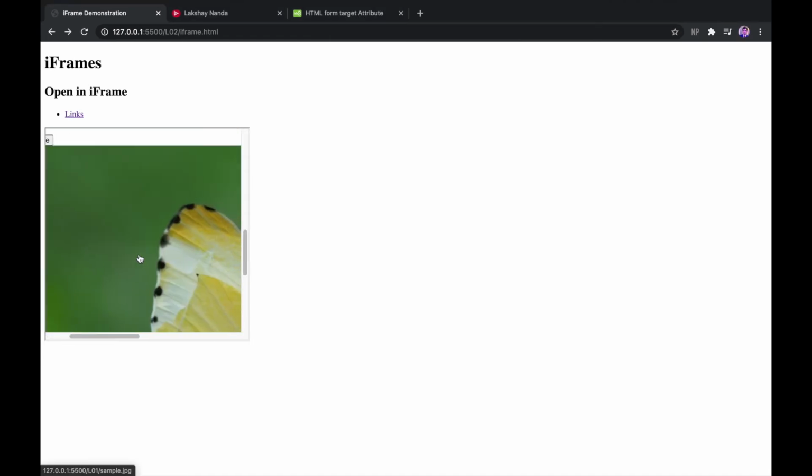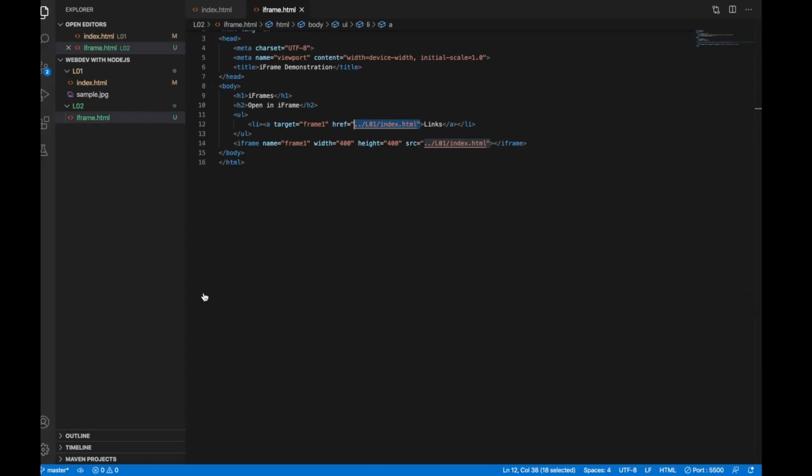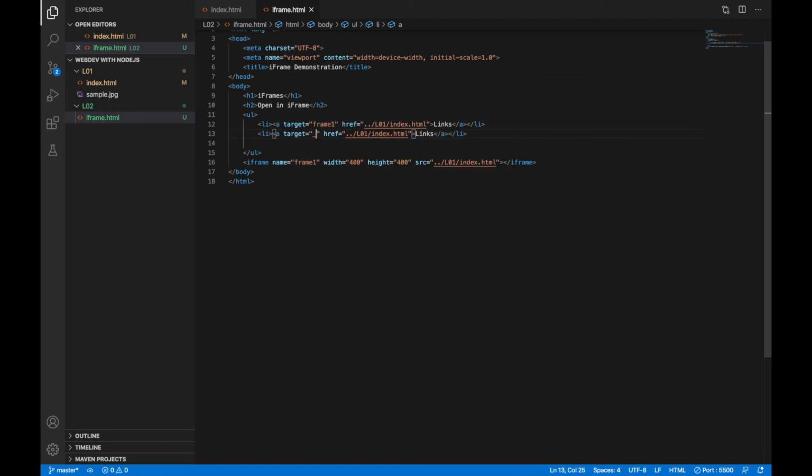So you can embed anything you want inside this particular iframe. Now, for example, some websites which are not permitted to be opened inside this iframe, we need to clear this up, that we specify underscore self, or maybe blank.